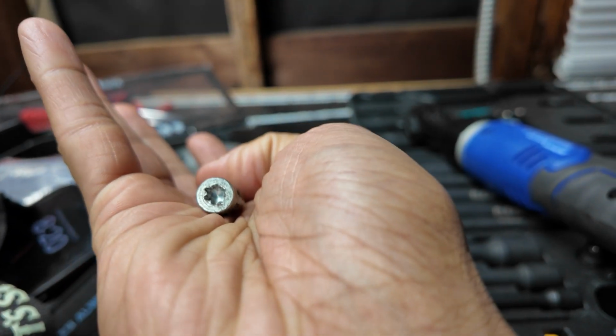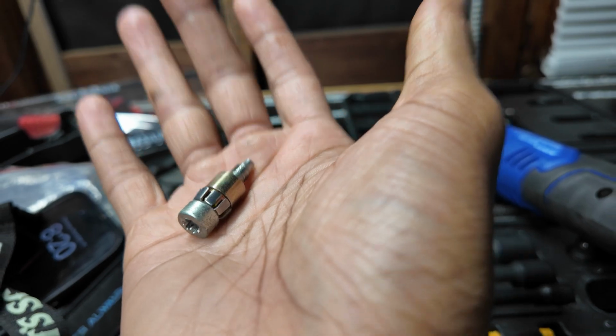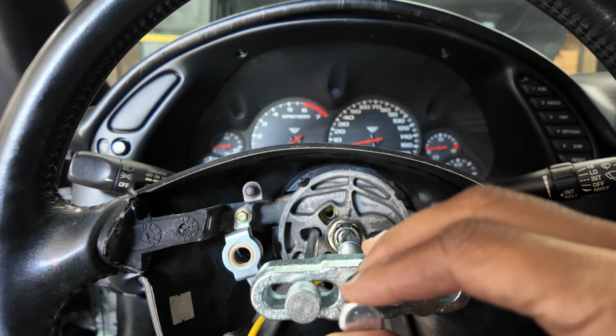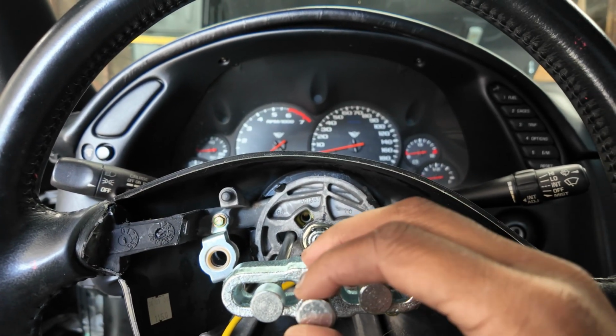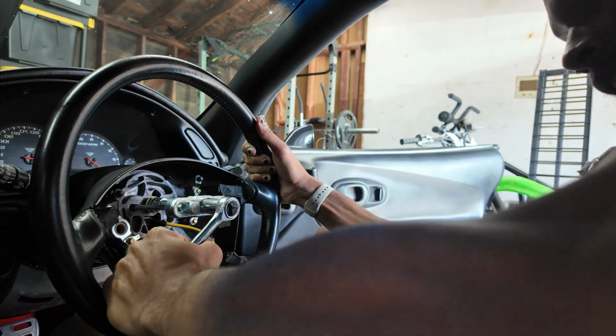You can see that's where the T30 goes in. And it's kind of long, so it takes a minute for it to undo. It started to bend the actual mounting points where the J-hooks go onto the steering wheel. I was pulling so hard on the steering wheel that it started to break the actual points where...